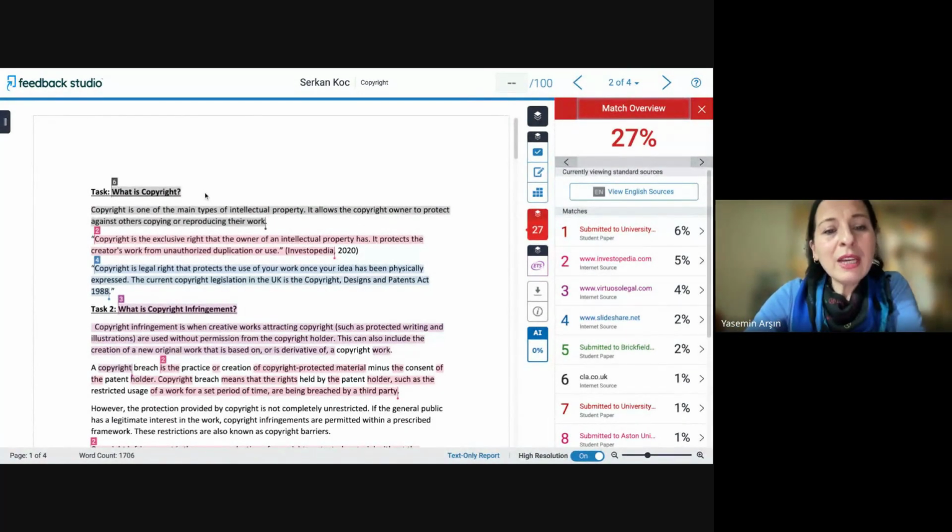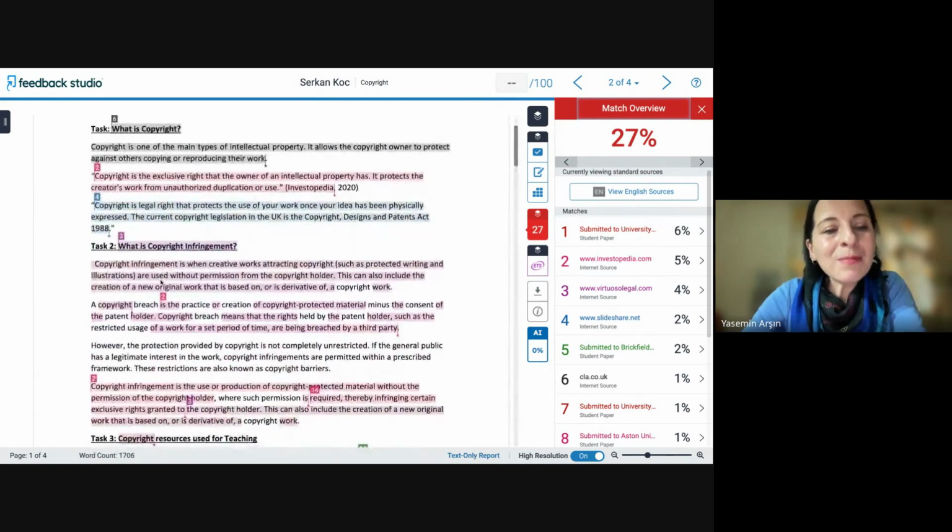Here, even from the beginning, there is copy-paste plagiarism. So the student has copied from the sixth source, an internet source, no quotation, no citation, nothing. So copy-paste plagiarism. And then there is a quote here in quotation marks. This is fine. Then there is a quotation without any citation.